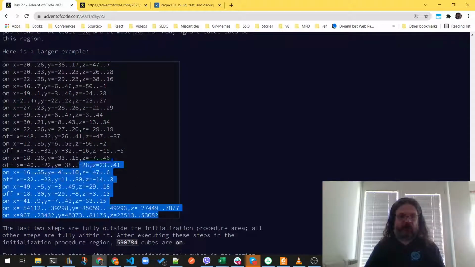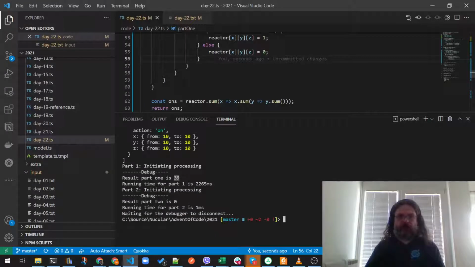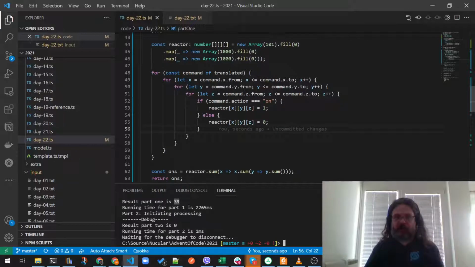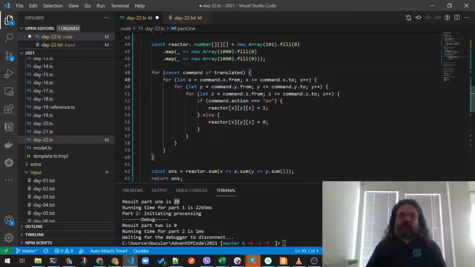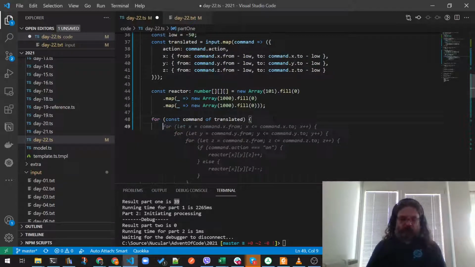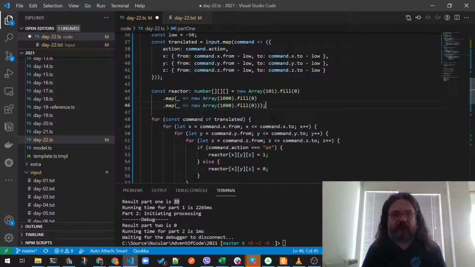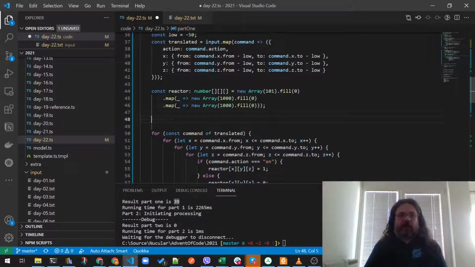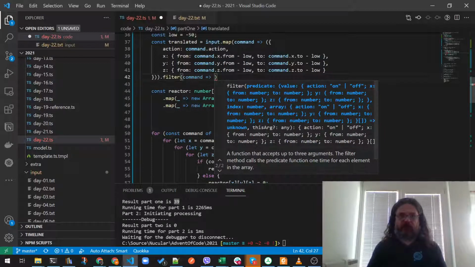So we have 39 cubes. If we do this, actually we need to skip the large ones. We can just say if command, let's filter them out at the front. So when we're mapping them, we should filter command. So for each command,